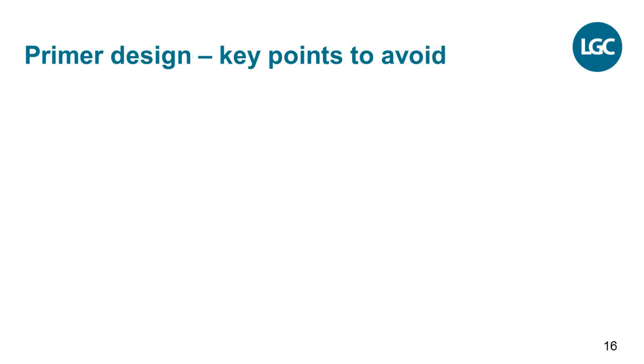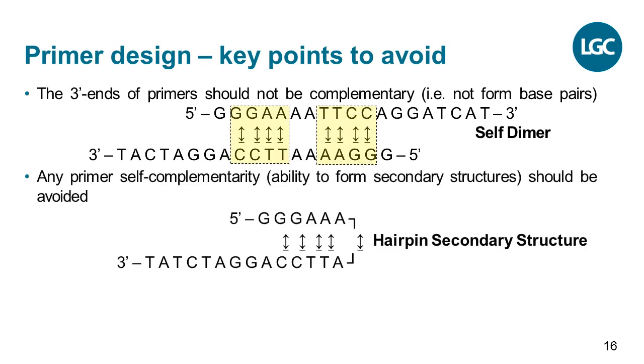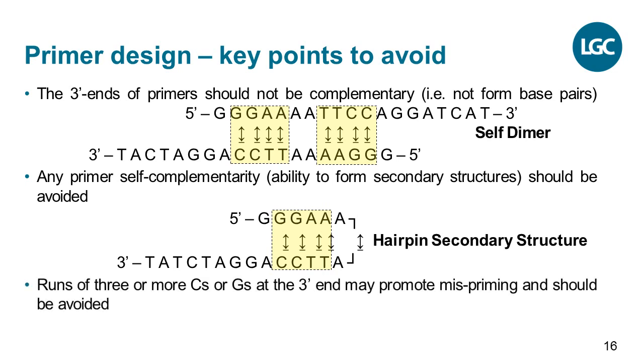In addition to the main design criteria described on the previous slide, there are a number of additional key points to address. Ensure that the 3' ends of the primers are not complementary, as this can promote the formation of primer dimers, and that internal sites of self-complementarity are avoided, as these can lead to secondary structure formation. Runs of 3 or more C's or G's at the 3' ends of the primers should be avoided, as this